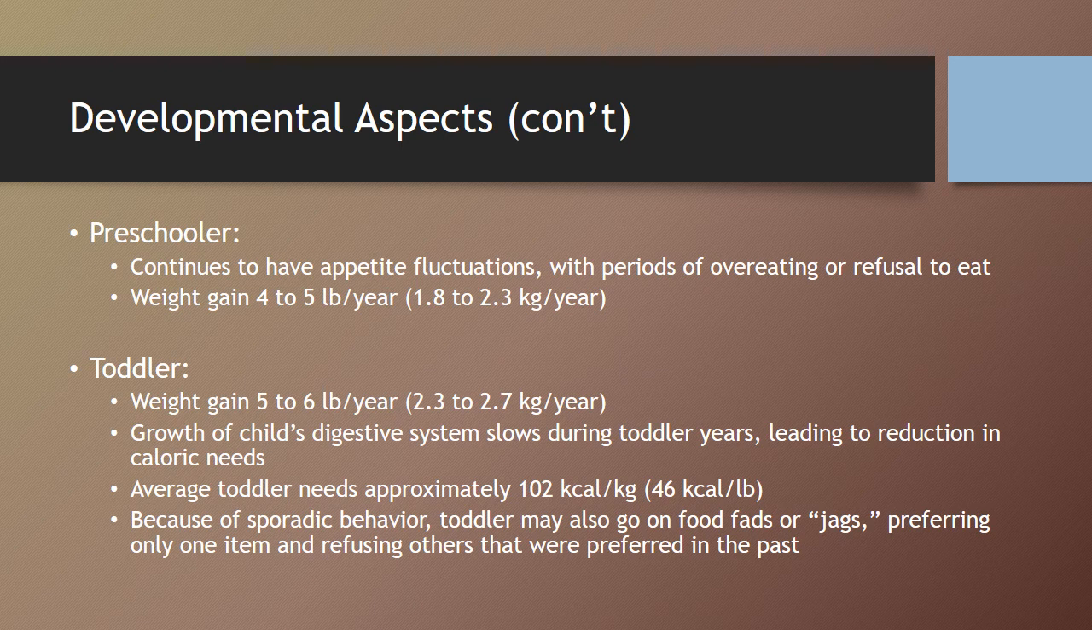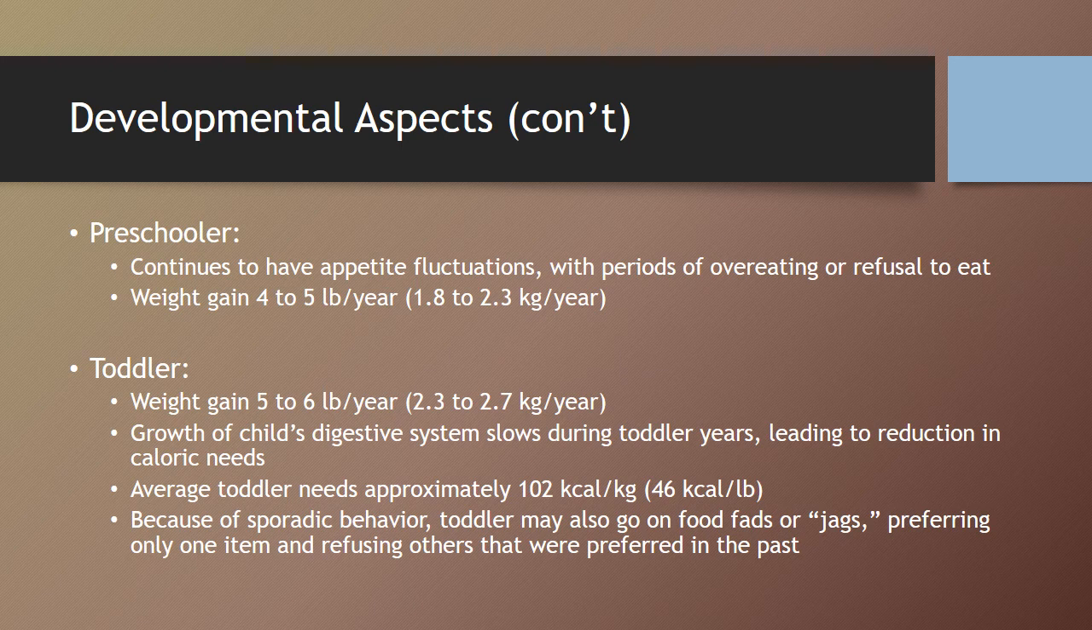Things for a toddler that we want to mention, weight gain is about 5 to 6 pounds per year. Growth of a child's digestive system tends to slow during this time, and so that's going to lead to a reduction in the caloric needs that they need. And then the average toddler needs approximately 102 kilocalories per kilogram, or also 46 kilocalories per pound. So whatever they are in pounds times 46, or whatever they are in kilos times 102, and that's about what they need